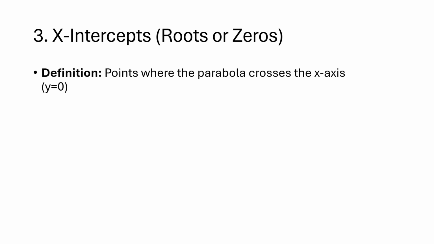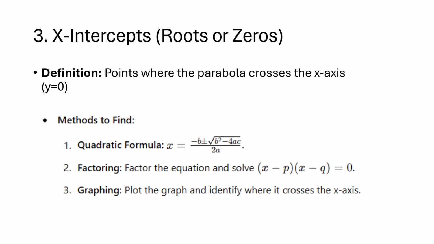Number 3, x-intercepts, roots or zeros. This is the point where the parabola crosses the x-axis, where y equals 0. So you equate the function they give you to 0. You can find the x-intercept using the quadratic formula, but you must identify the a, the b, and the c. A is the x squared coefficient, b is the coefficient of x, and c is the number that stands by